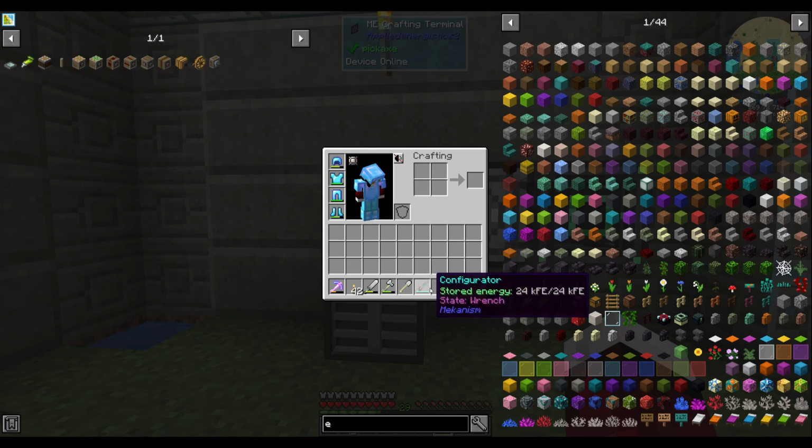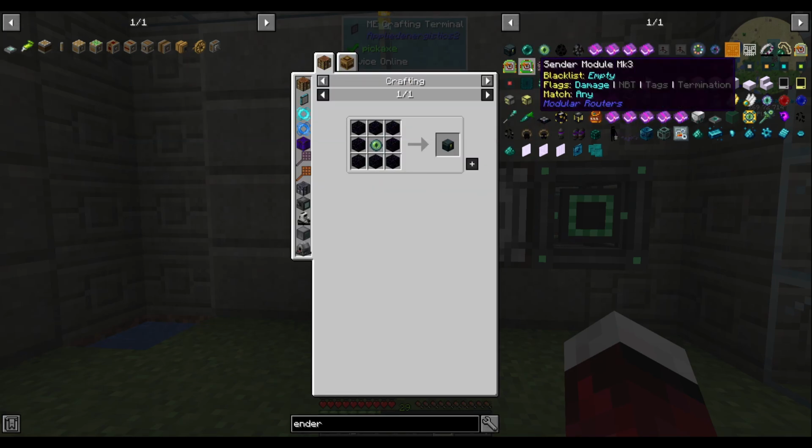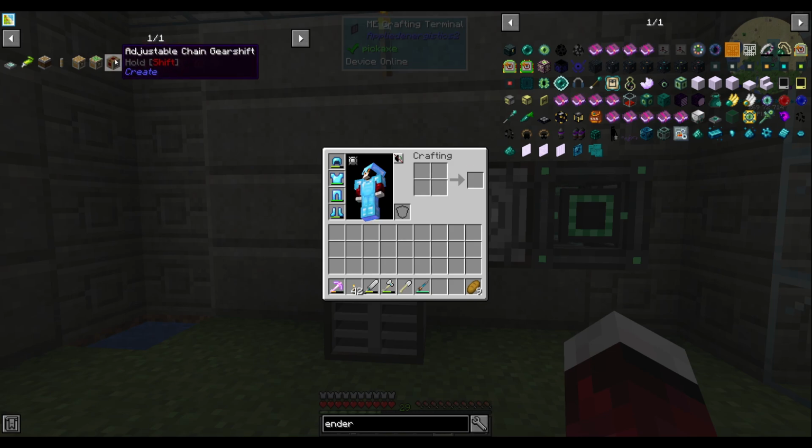First things first, what I would like to do is get some ender chests set up so that we can transport things. Ooh, not that ender chest. I want a different ender chest. This ender chest. Ooh, it requires blaze rods. We do not have access to blaze rods right now. We need to travel to the nether, so maybe we'll do something else for now. Maybe we'll just go